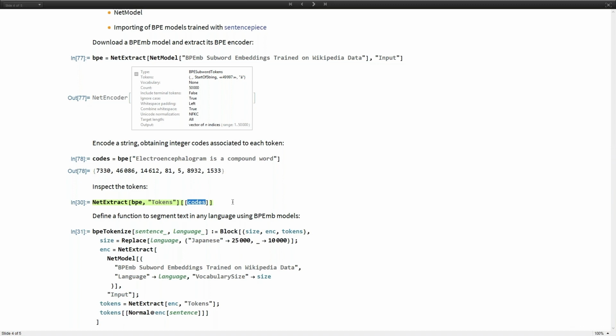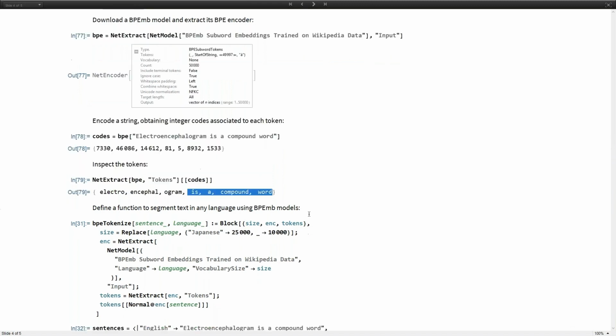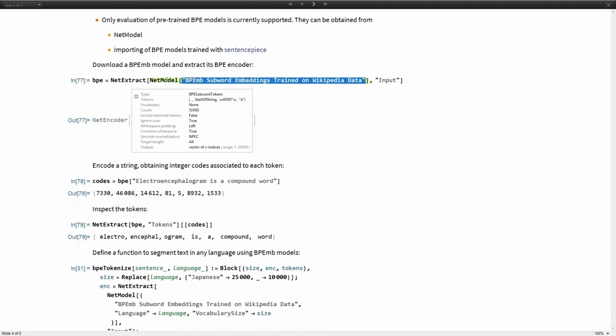So this is a very powerful NLP tool because it immediately unlocks NLP applications in any language. You already have a very powerful tokenizer without having to do anything.